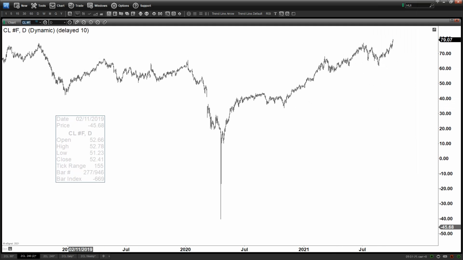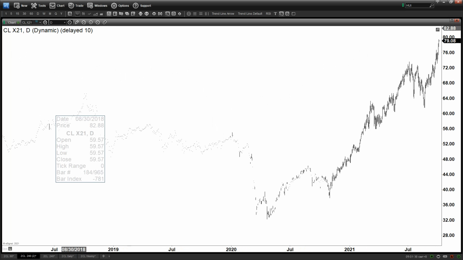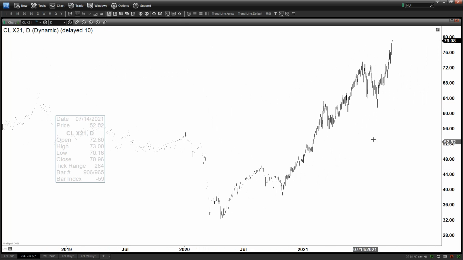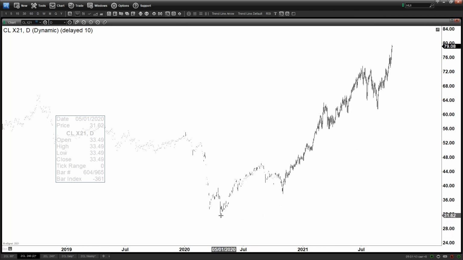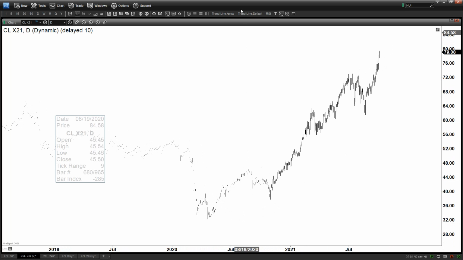Let me see what was the latest contract. CL X21. So you can see right here, we bottomed here last year in April, and it does look like, take a look at this, from here we got 1, 2, we got 3, 4, we got 5. So you could potentially count it that way,